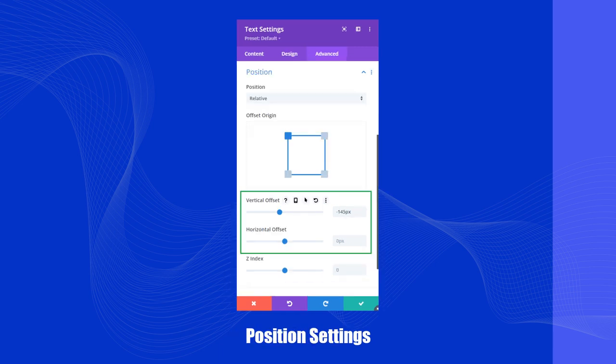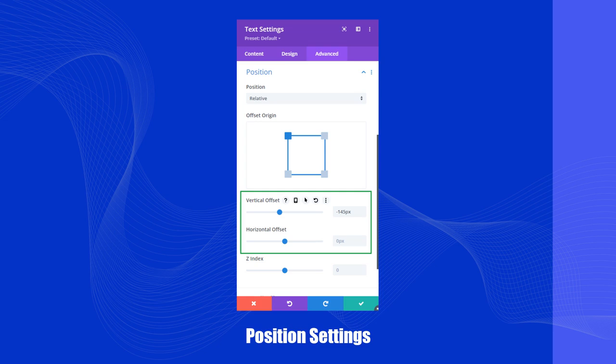Position settings are another aspect to consider when working on your Divi layouts, but they should be used with caution. These settings allow you to directly adjust where elements are placed by shifting them from their original positions. While this might seem like an easy fix for alignment issues, it can often cause unintended gaps in your layout. This is because these adjustments are typically made with absolute values, which don't adapt well to different screen sizes. As a result, your design may lose responsiveness